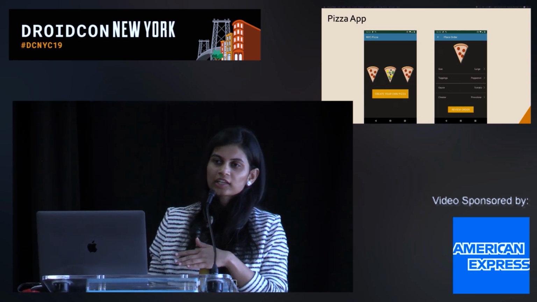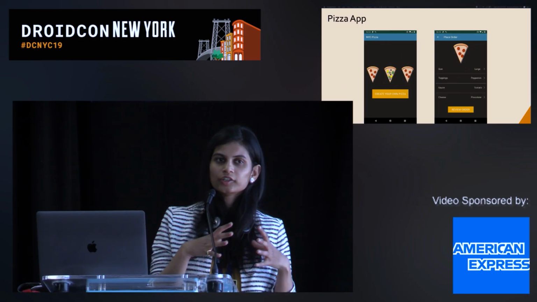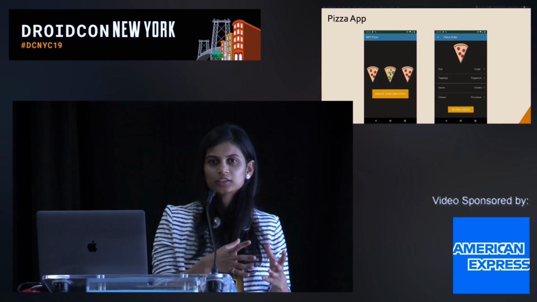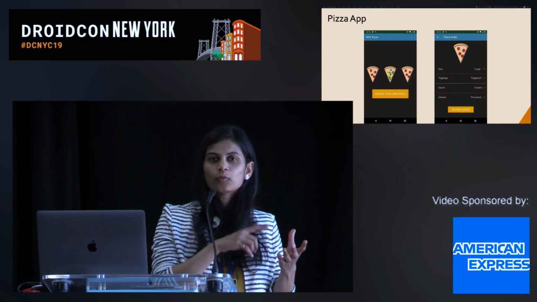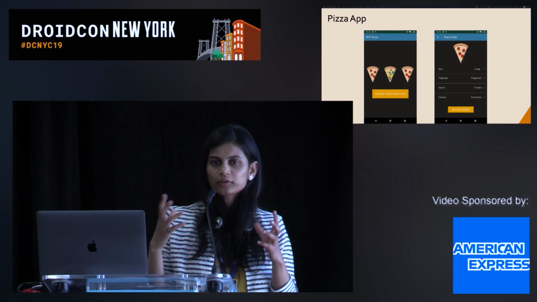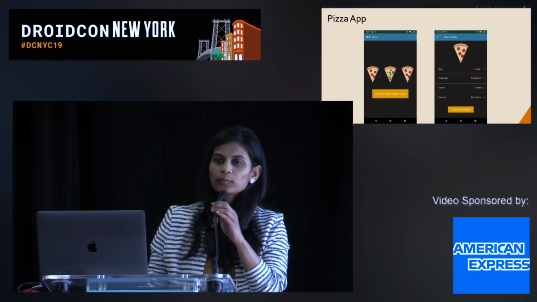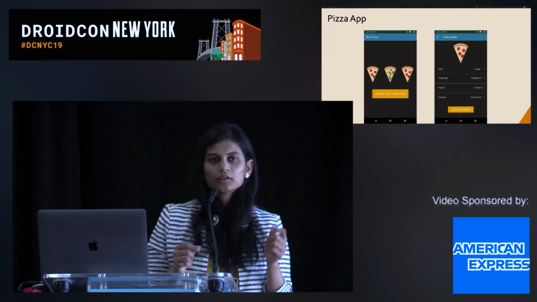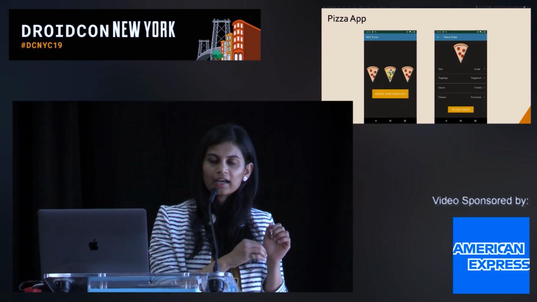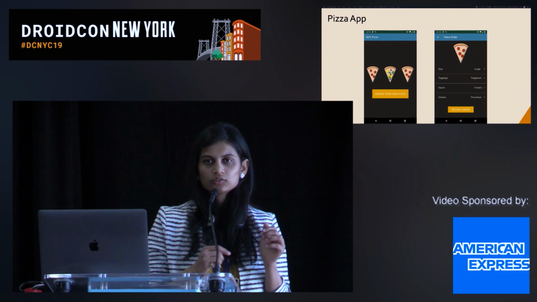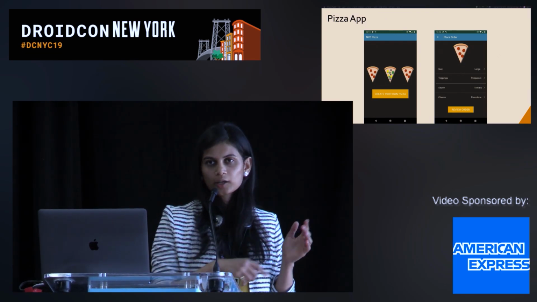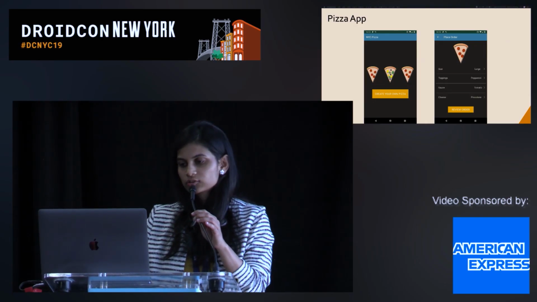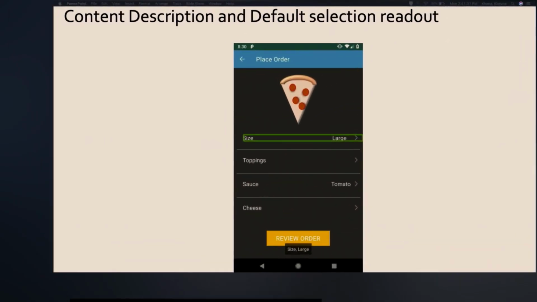What we are going to do in the next section is go over some of the issues that come with default accessibility, and then you actually see how you can modify it to make it better with your app. So I'm going to play small clips of the issues, then show the fix video. The way you would see my gestures on the app is by this white dot on the screen. That would tell you if I'm swiping or double tapping something. So let's look at one of the issues that comes with default accessibility.